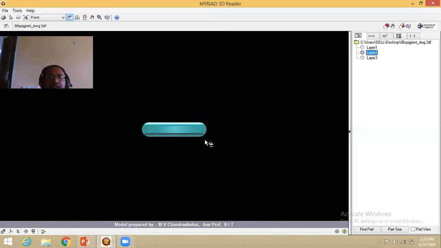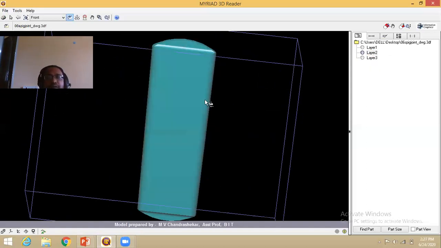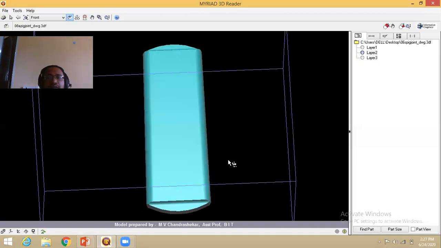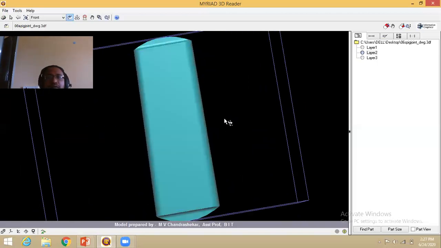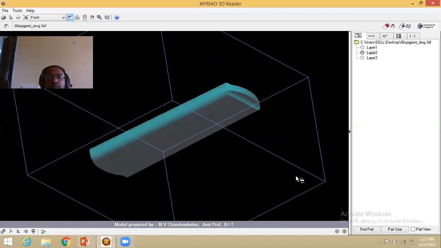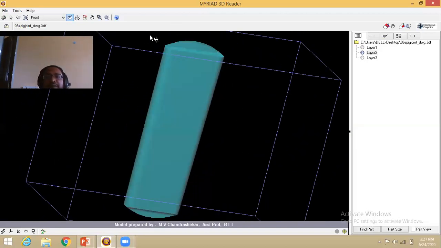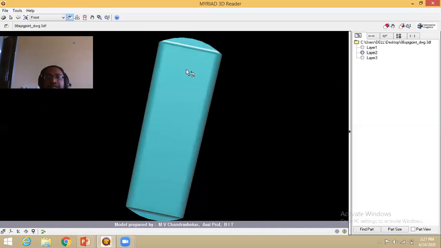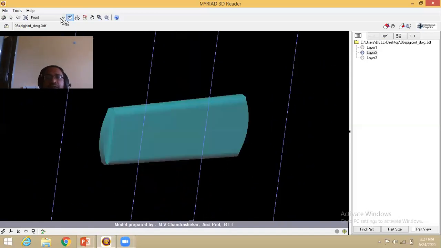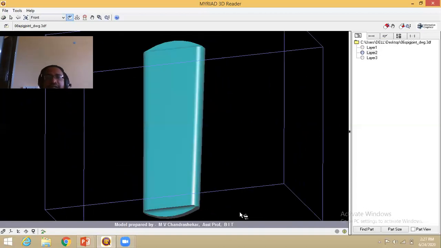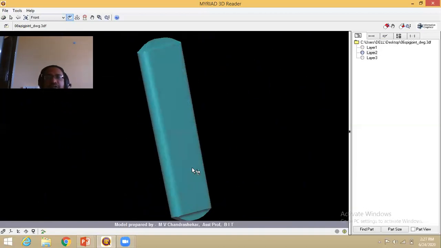And then if you see only the cotter, it is clearly mentioned. The taper is 1:30.